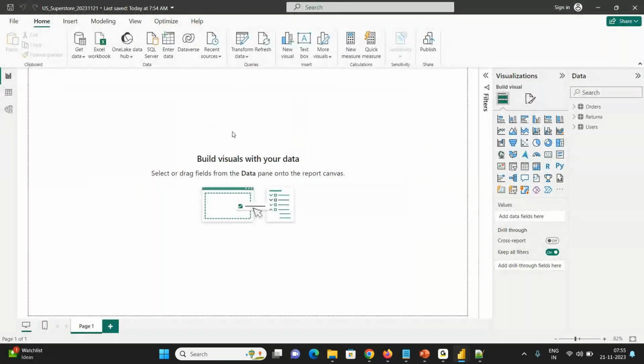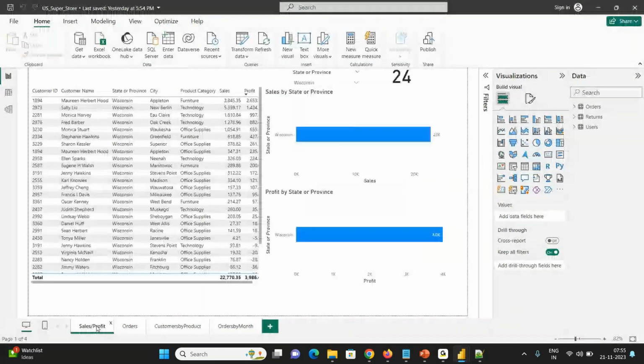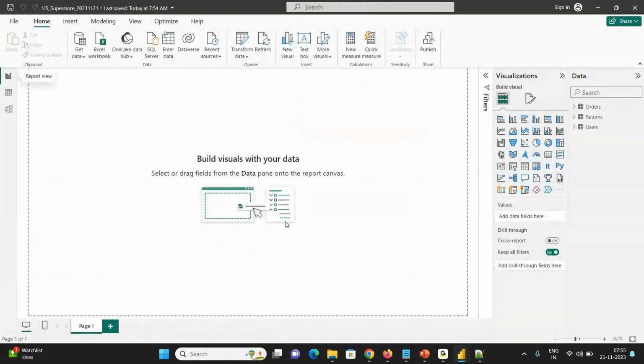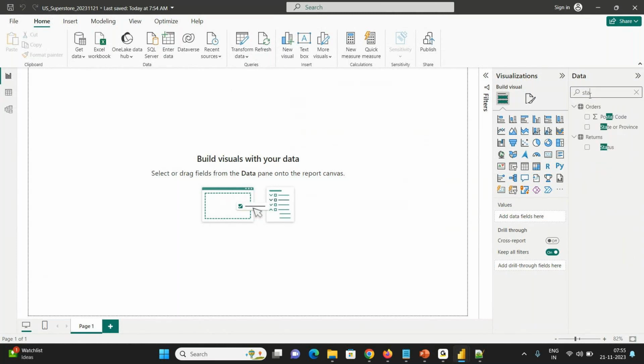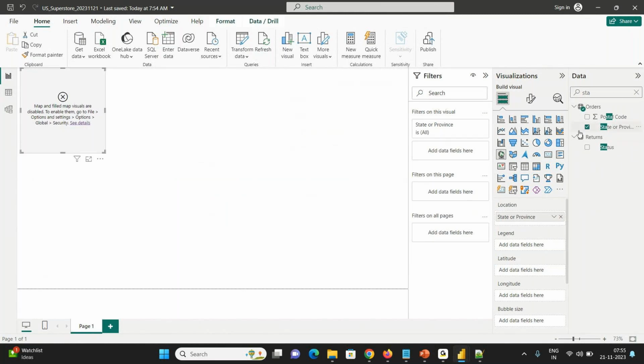So now what we will do, basing on the data, there is something called as profits and sales, and we have state and province also. So let me pull that data over here. This is called as visualization page or canvas, wherein you can make the visualizations or you can show graphs, tables, whatever you want to. Let me pull up state here, state or province. Once I search for it and I take this,